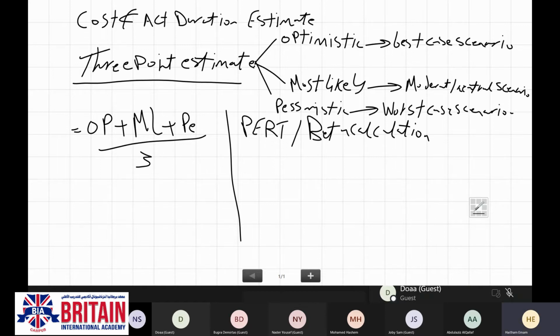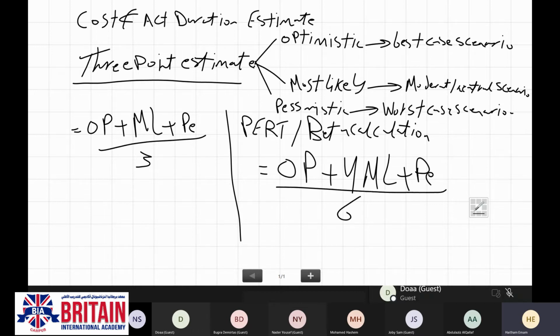What you need to know about this is just the formula. It will be optimistic plus 4 times most likely plus pessimistic, divided by 6. 99% of the time, when you follow any of them, the result will be the same.